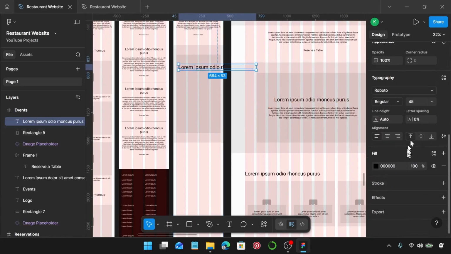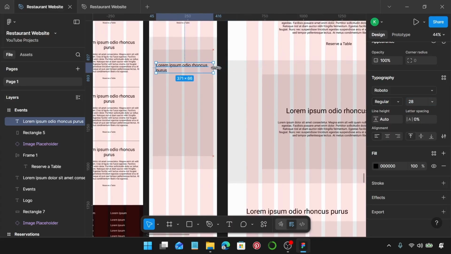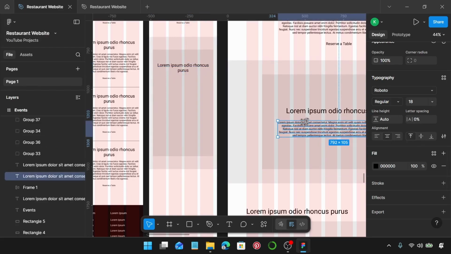bring this text in, change the size to 28, reduce the width, let me also reduce it just a bit. I could just change the alignment of the text to center, and